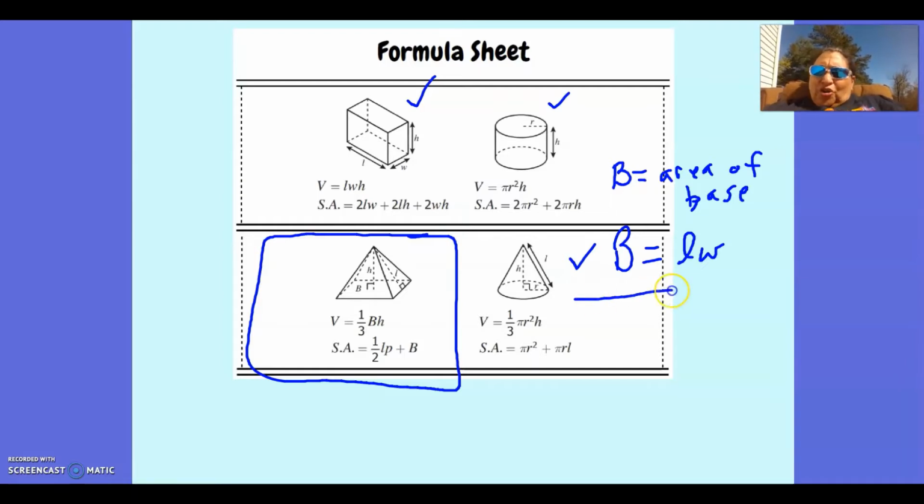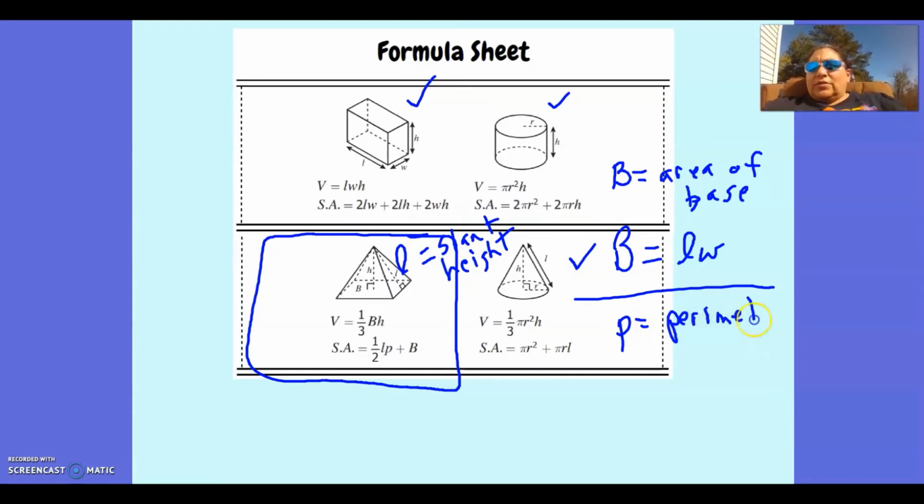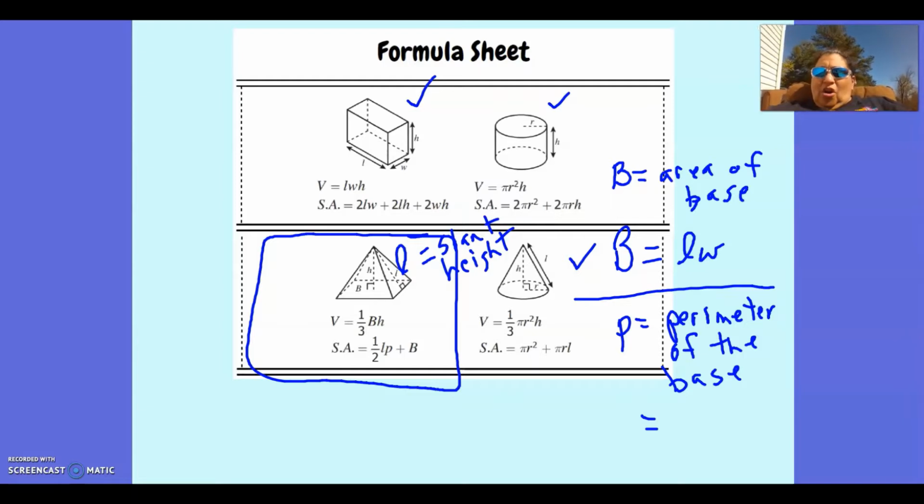Then the other letter in surface area you've never seen before is P. Surface area equals 1/2 P L. And we know that our L is our slant height. Remember that from our cone. And P is the perimeter of the base. And since the base is a square, all you're going to have to do, and I'm even going to try to draw a square over here to show you,